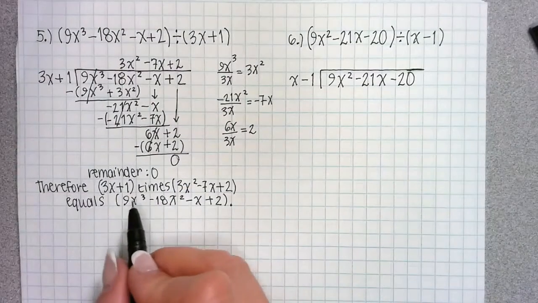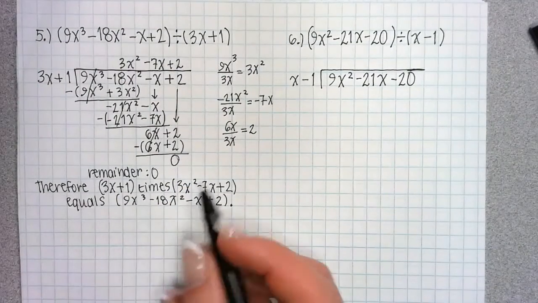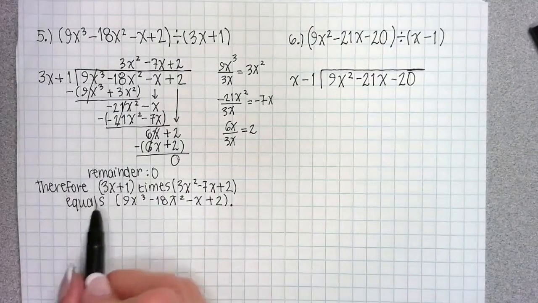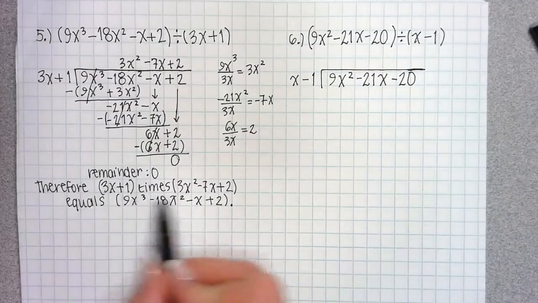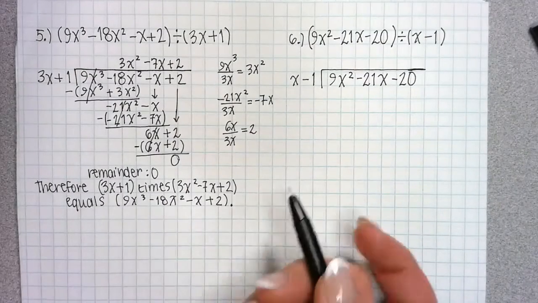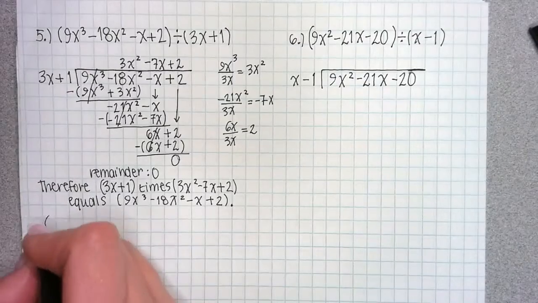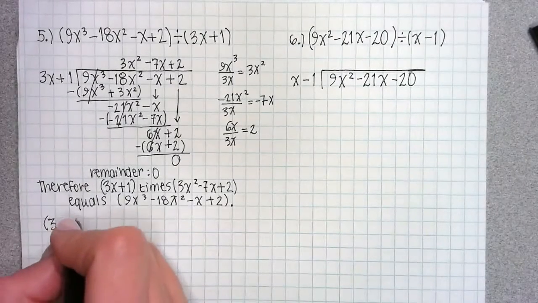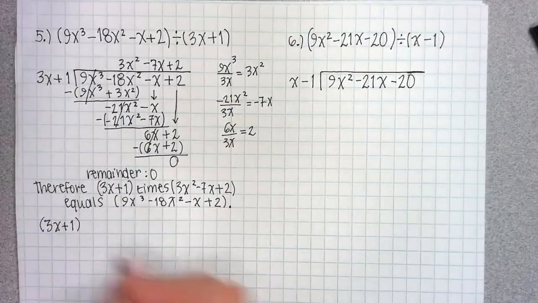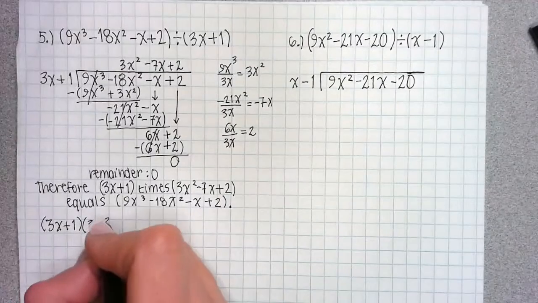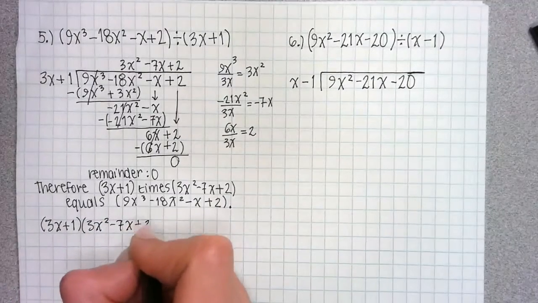Okay, so this one worked out to have a remainder of 0. I was kind of hoping it would have a non-zero remainder. That just means that these are factors, and if you multiply them, we will get the dividend. So I guess I'll show you this. One way to check it is if I multiply 3x plus 1 by 3x squared minus 7x plus 2, I